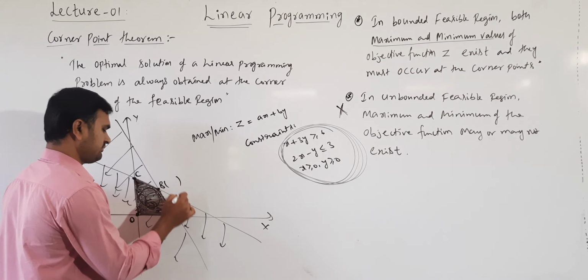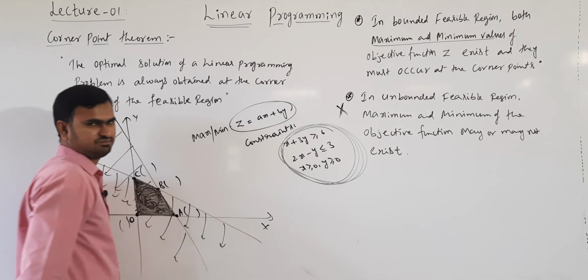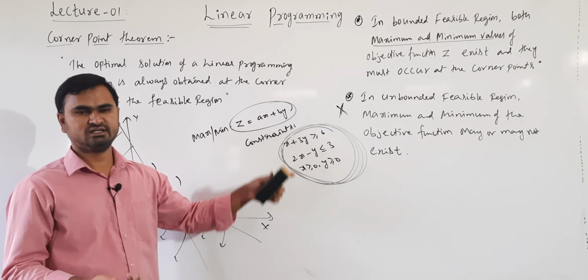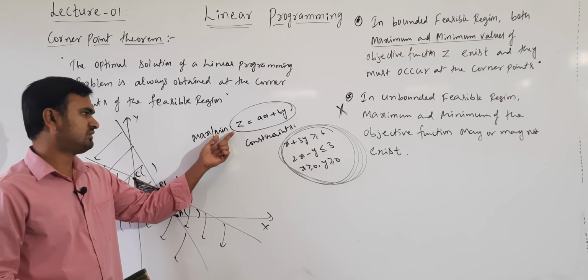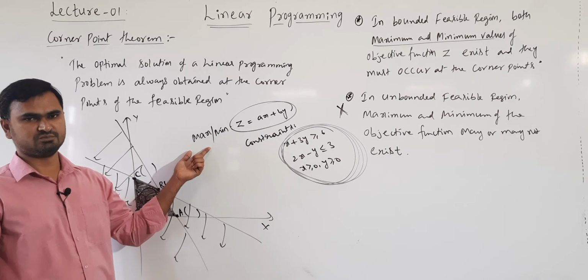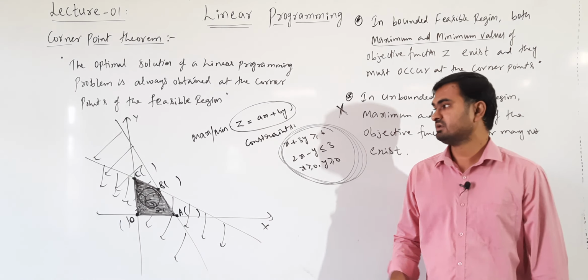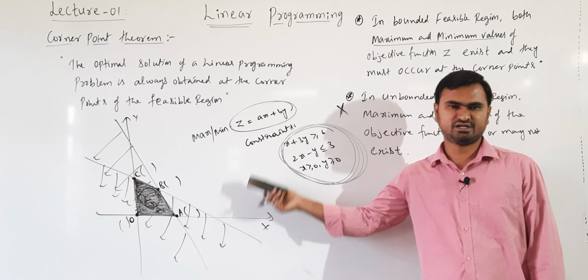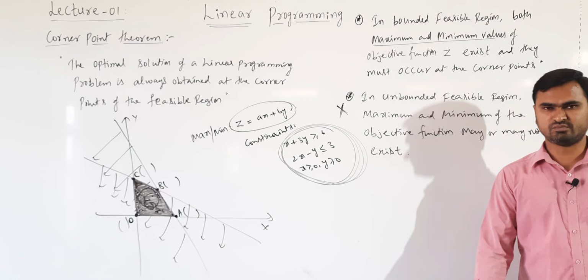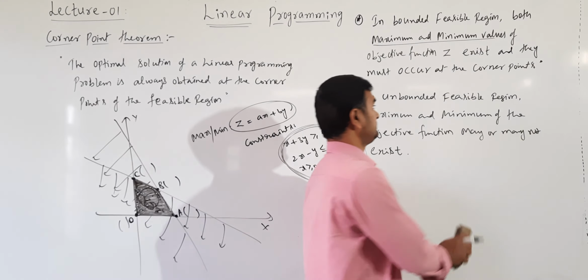So substitute these corner points in z. After substituting the corner points in z, we will get some values. Out of all these, the least value is the minimum of the objective function, and the greatest value is the maximum value of the objective function. So this is the method of solving a linear programming problem using the graphical method. Understand now? I will give the working method of how to solve the linear programming problem. After this working method, we will take the numericals and solve them. Understand?